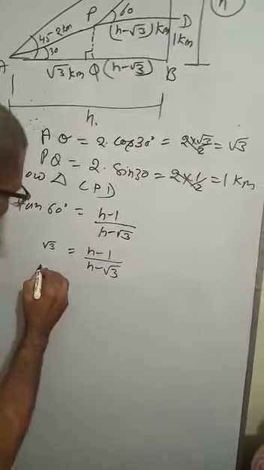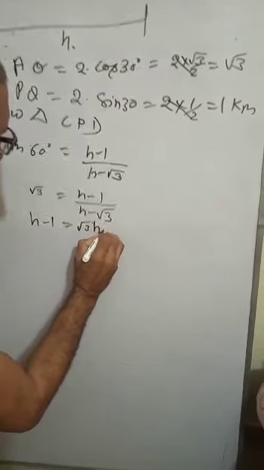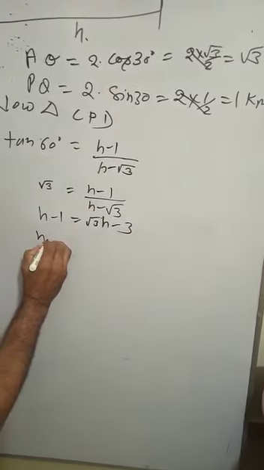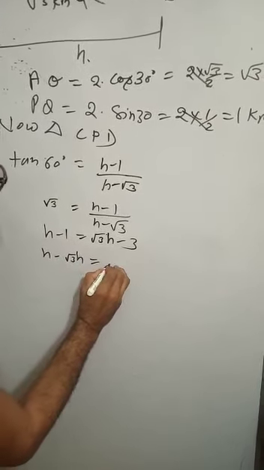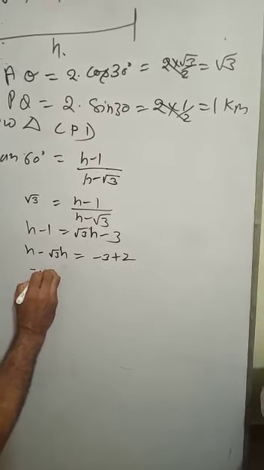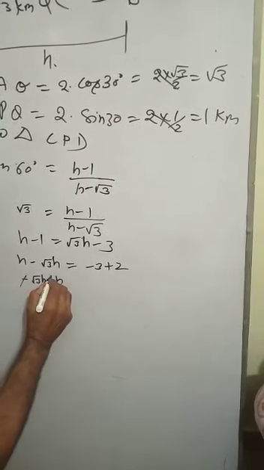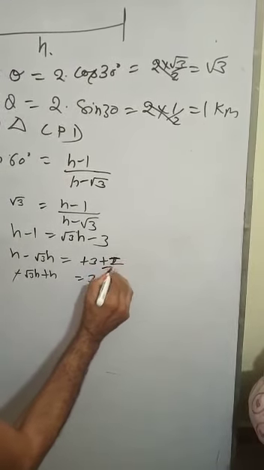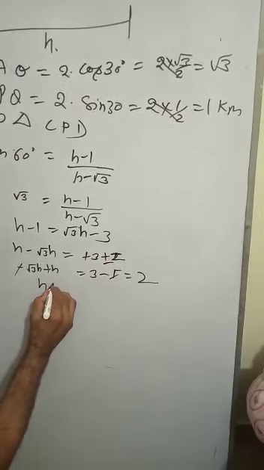Cross multiply. h minus 1 is equal to root 3 h minus 3, and h minus root 3 h is equal to minus 3 plus 1. It is equal to minus root 3 h plus h, and changing the sign, this is equal to 3 minus 1, which is equal to 2, and h is equal to